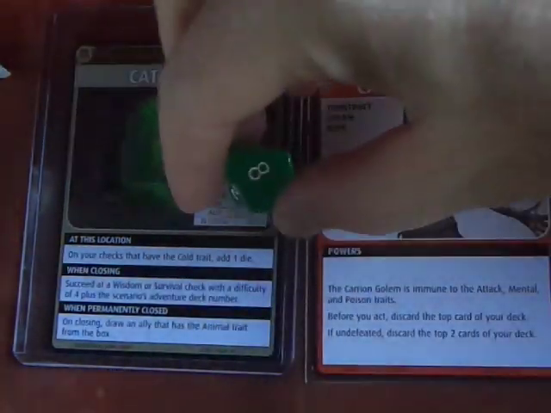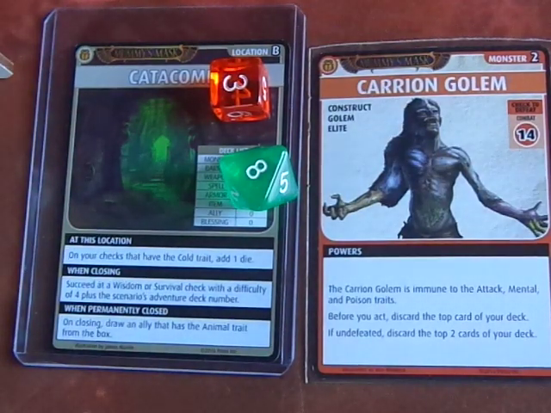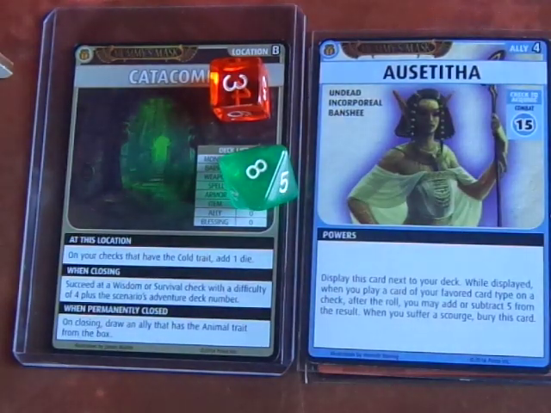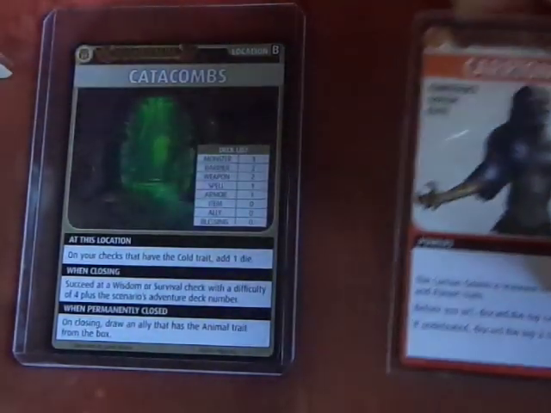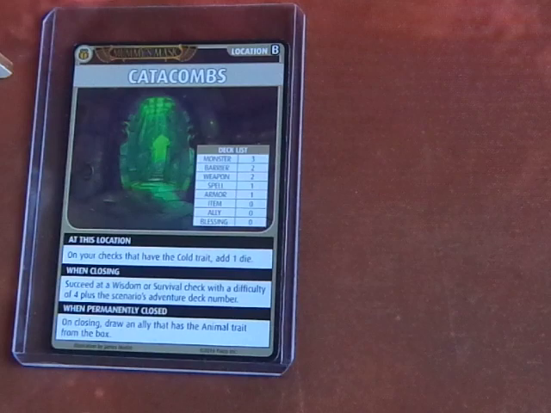Okay, so I rolled an 8 and a 3, that's 11, 12, 13. I needed a 14, but since I used a staff on this check, I can add 5 to the result. So we're just going to add 5, and this creature is banished. Alright, pretty awesome. Resetting my hand,